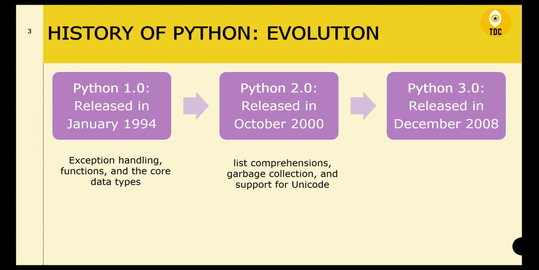And when you talk about release 2, which is on October 2000, it introduced new features like list comprehensions, garbage collection, and support for Unicode, right? And this 2.x series was actively developed and used until say Python 2.7, because